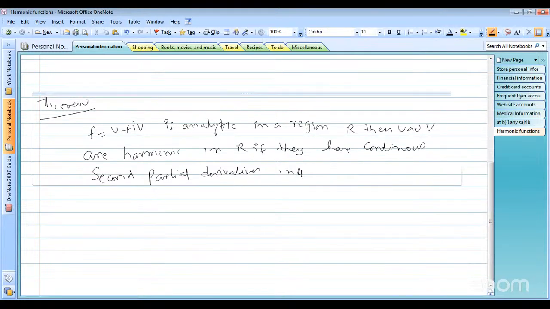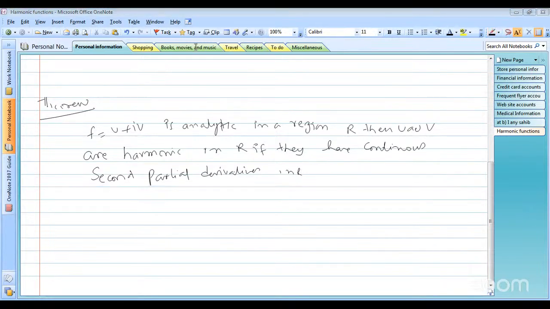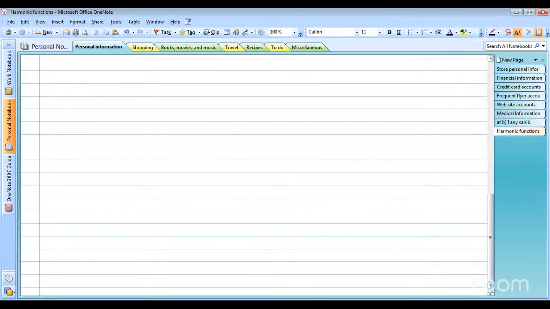So therefore, we take this proof here. If f(z) is an analytic function in R,